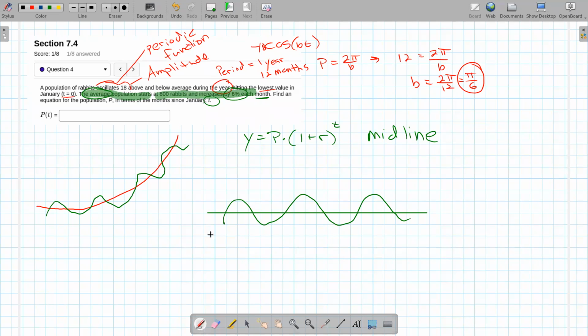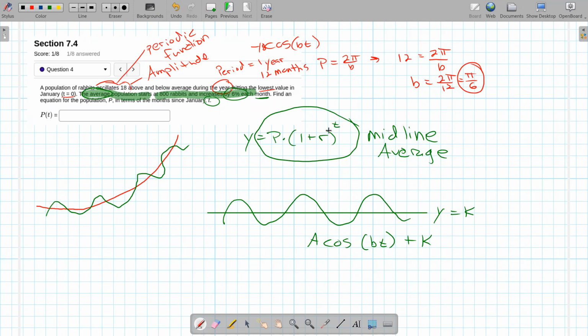So how do we apply that? Well, normally the midline y equals k, we just add that on, right? So a function like this would be something like a cosine of bt, say we have no phase shift, plus k. K again is our average, our midline. This is going to be our new average right there. And the values they give me is starting at 800, add 6%